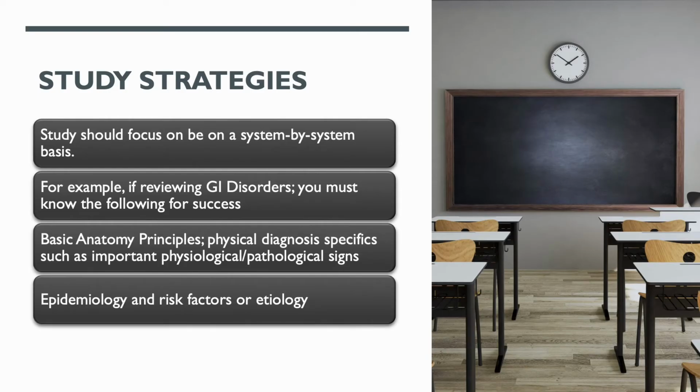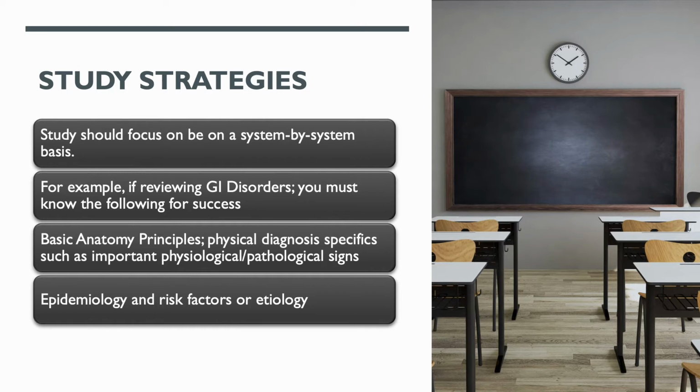The following are study strategies that should help you excel. Your study should focus on a system by system basis. For example, if you're reviewing GI disorders or gastrointestinal disorders, or disorders that are circumscribed to the gastrointestinal system, you must know the following for success. Basic anatomy principles for the disorder or system, such as physical diagnosis specifics,